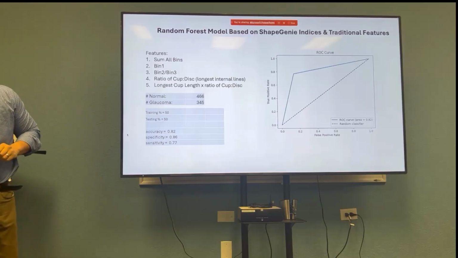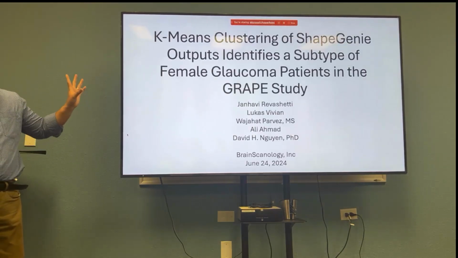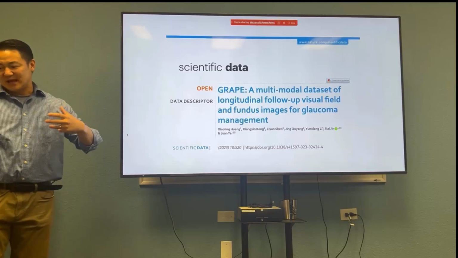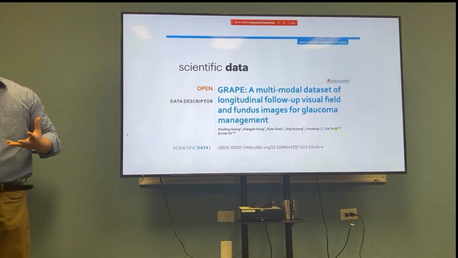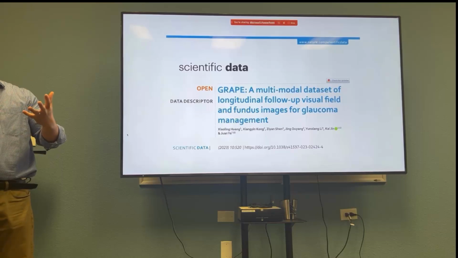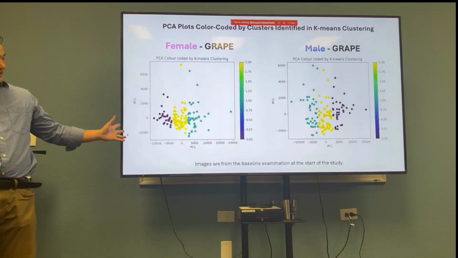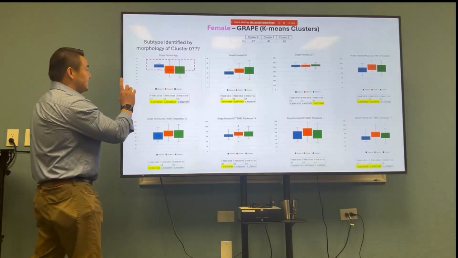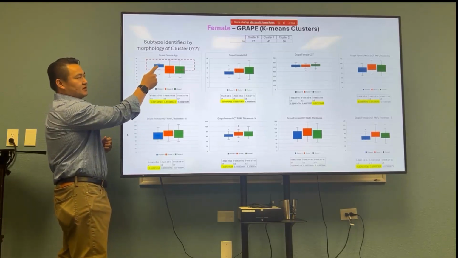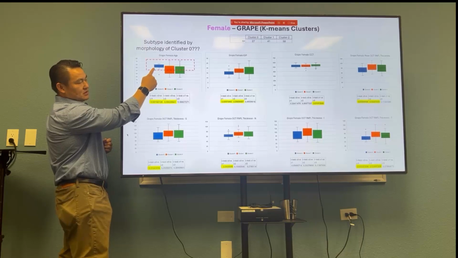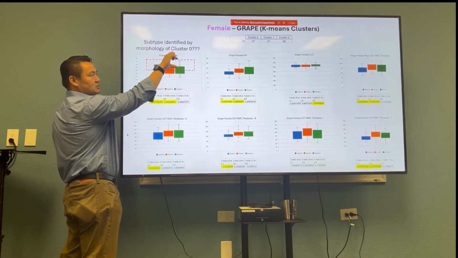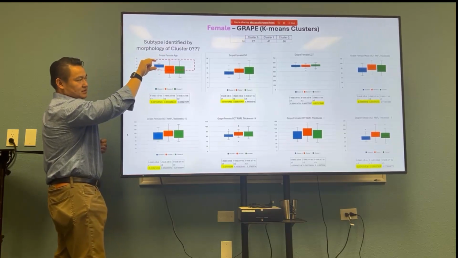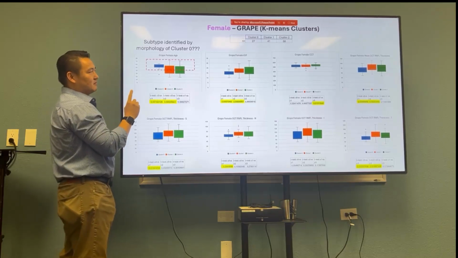Okay. And so we analyzed the same thing on this study called the GRAPE study, right? What's unique about this data set is that they actually gave us the gender of every single patient. So we know who is male, who's female, in addition to all the other clinical data. What we found was, again, there are 3 general clusters in the male and female data. But the cool thing is that in females above the age of 40, there's a very specific cluster right here, cluster 0. See these other clusters, they have a 40+ group, right? But this cluster 0 is distinctly enriched in the 40+,